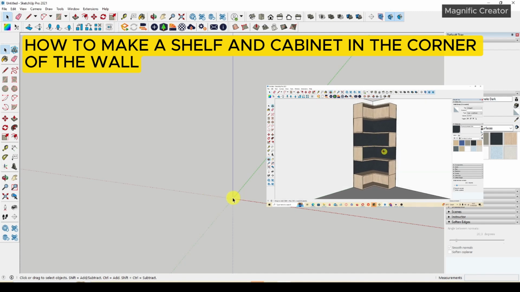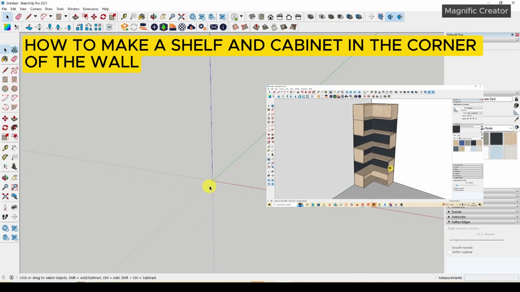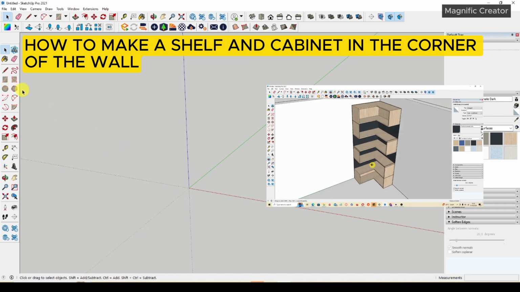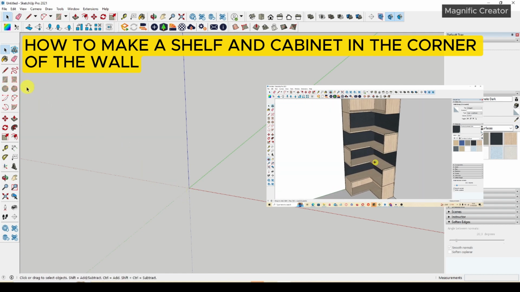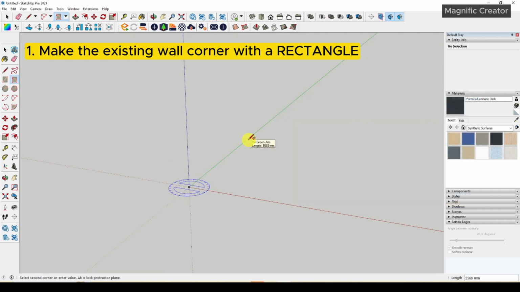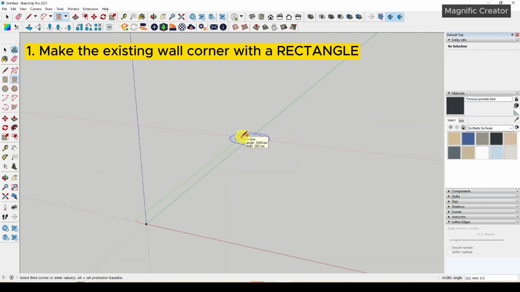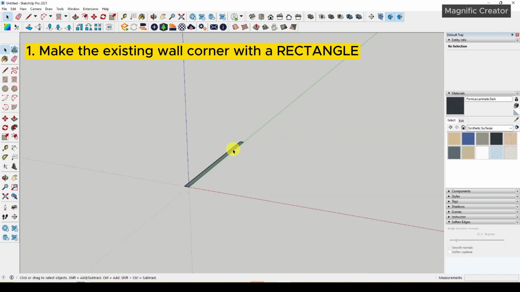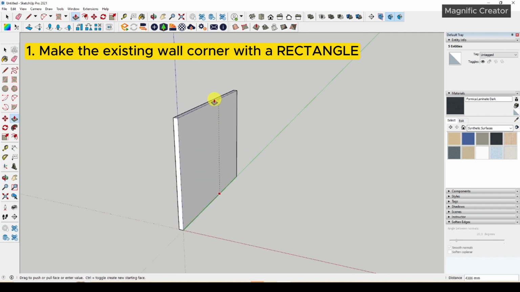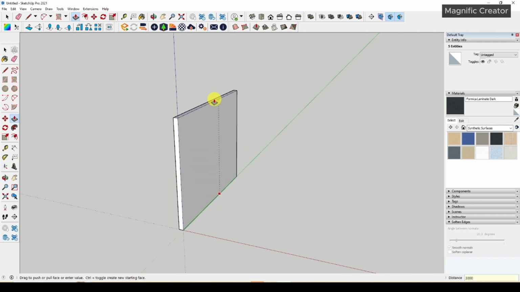Hello everyone, in this video I would like to share a tutorial on how to make a corner cabinet in SketchUp. First of all, you have to make an existing wall. You can adjust the proportional dimension and proportional thickness of this wall. You can set the 3000 millimeter of